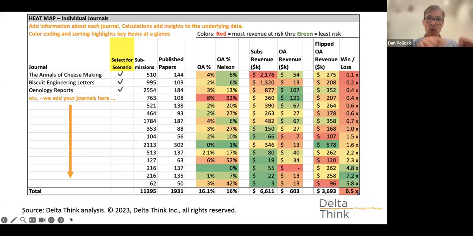Here we start to drill into what we term heat maps, and this is where you start to get a lot more detail about, so what will happen to my list of journals if certain things might change? What would happen if a particular policy came into effect? What might happen if there's a sudden uptake or change in the market?